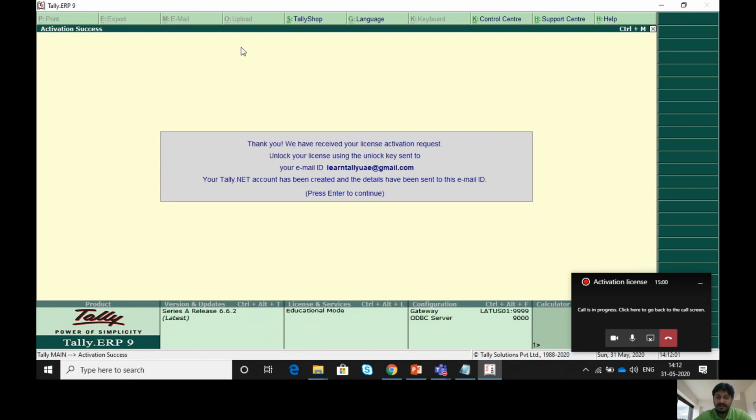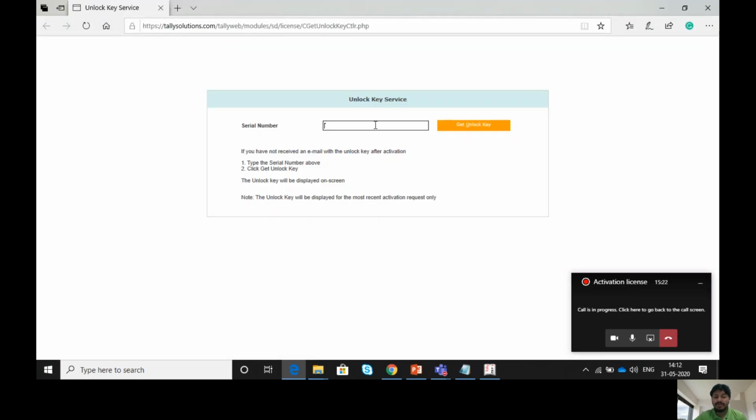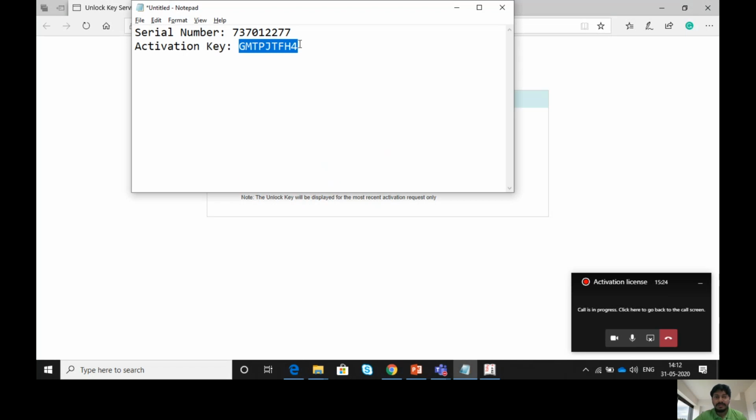Now we will press enter because it will ask for the unlock key. How will you get it? You will get it over the mail. Either you can check it over the mail, or I'll just click on get unlock key. It will take you to the browser where you need to provide the serial number.